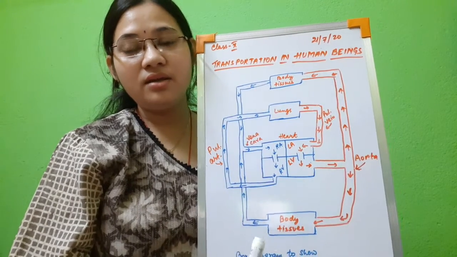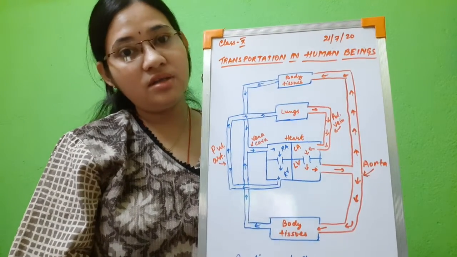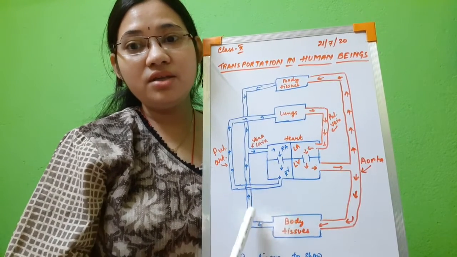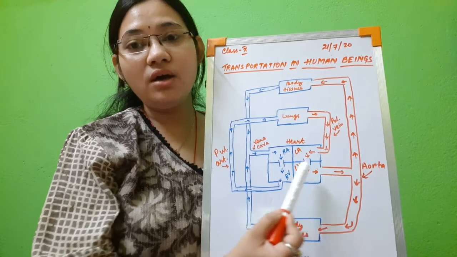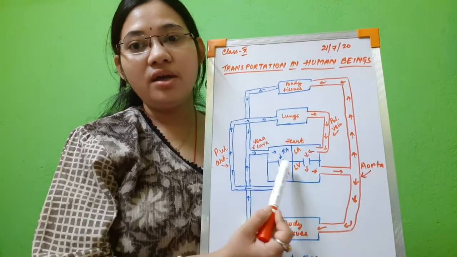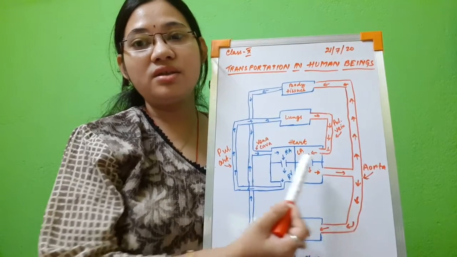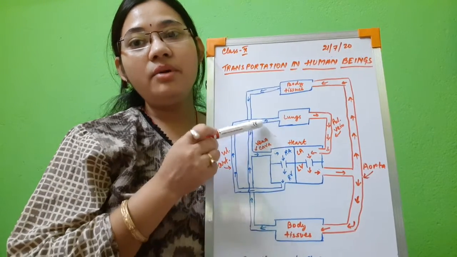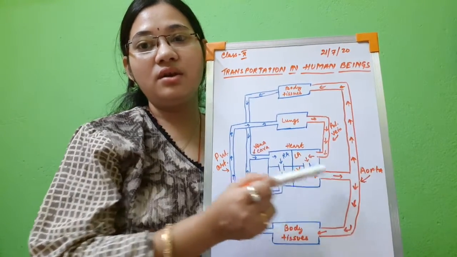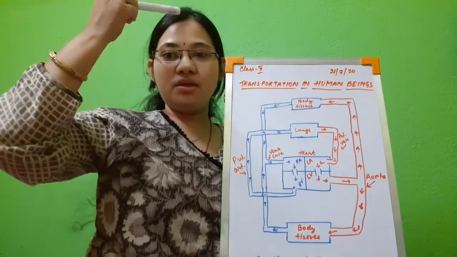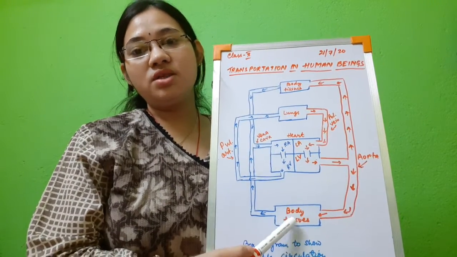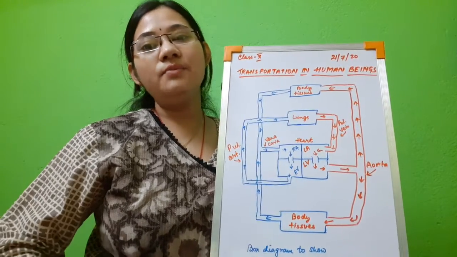And the second one is called systemic circulation, in which blood flows from the heart to the body tissues and then back to the heart. Okay, so heart, body tissues, back to heart. This box is called systemic circulation. Above also the same thing, this is called systemic circulation. So this may be the tissues which are present in the head and shoulder region, chest region, etc. These may be the body tissues which are present in our abdomen and the limbs of our body.